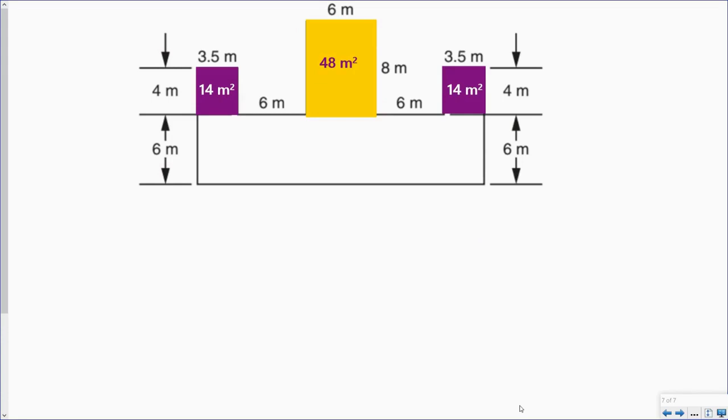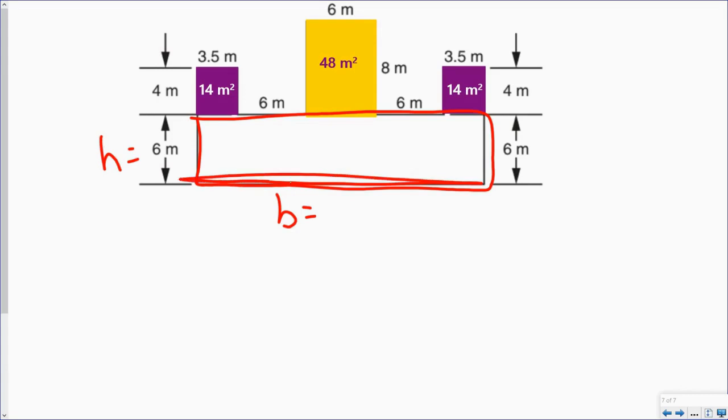So now that I have the three smaller pieces taken care of, I need to take care of the area of this larger rectangle down here at the bottom. Well, I know my height is 6 meters, but I don't know what my base is equal to because I don't have a number that represents this. So what I have to do is take all of these pieces, this piece here, this piece here, this piece here, this piece here, and this piece here, and add them all up together. So I'm going to take 3.5 plus 6 plus 6 plus 6 plus 3.5, and when I do all of that, I get